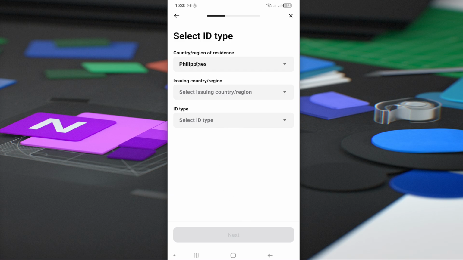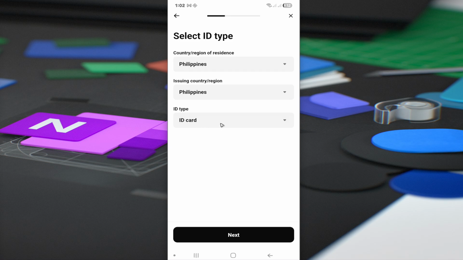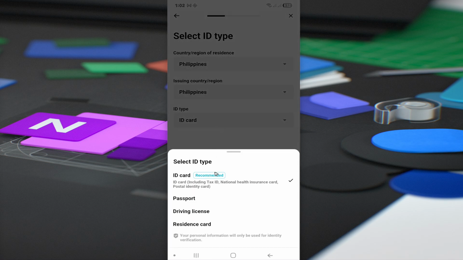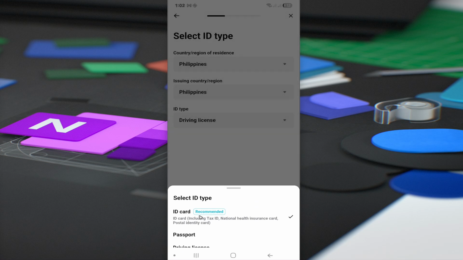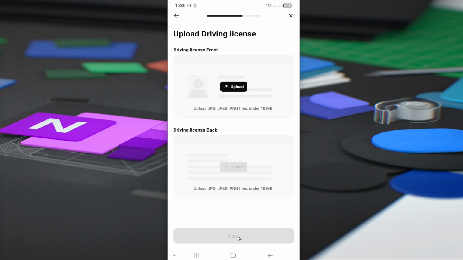Go ahead and select the country or region of residence. For example, I'm from the Philippines, so I'm going to select Philippines right here. Issuing country or region, of course, Philippines as well. And the ID card. Depending on your region, you will have multiple options right here. I'm just going to select driving license. Hit next, and on the next page, click I'm ready, and then upload or take a photo for